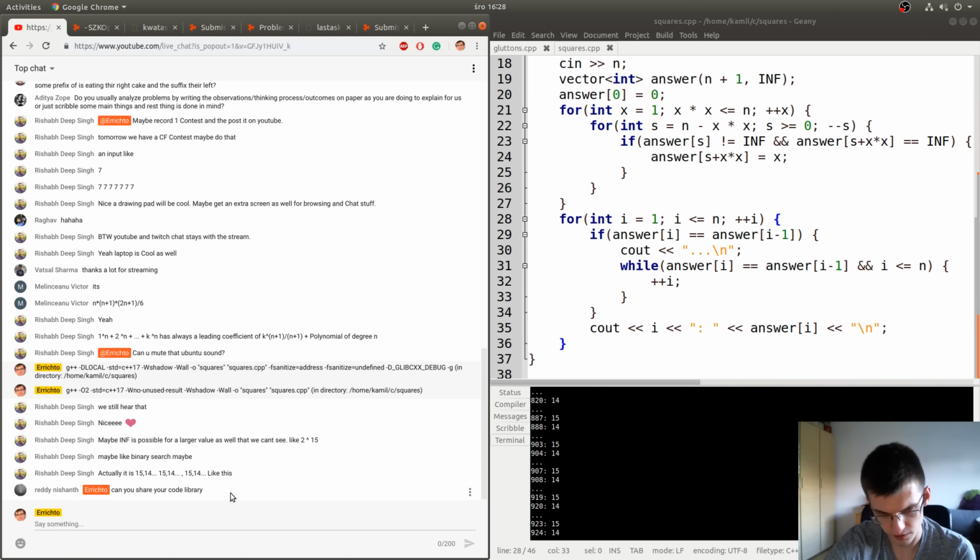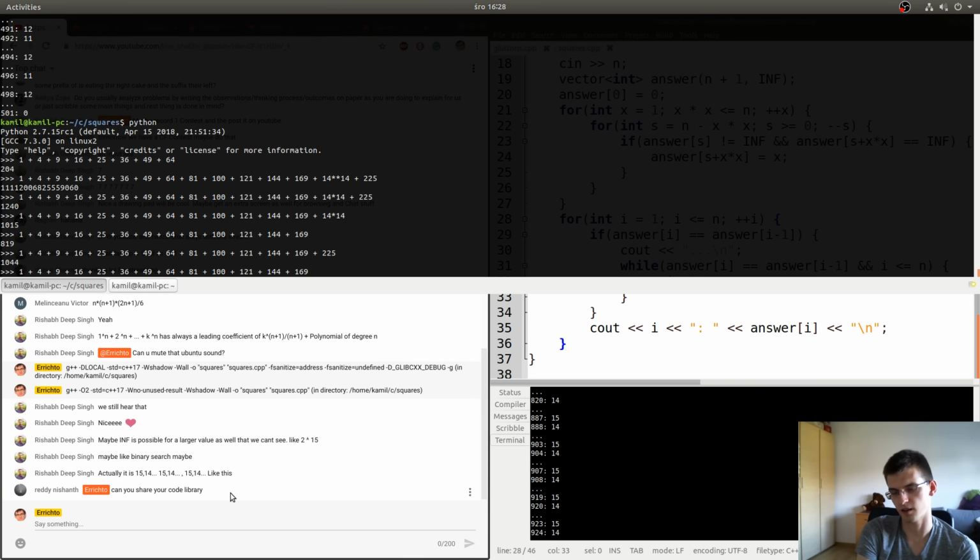Can I share my code library? My code library doesn't contain only my code, but also my teammates' from ACM ICPC, so I think I shouldn't. You are free to go through my visible codes from competitions, for example from Codeforces.